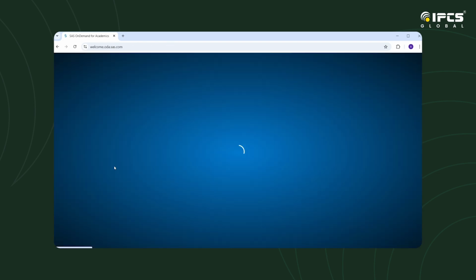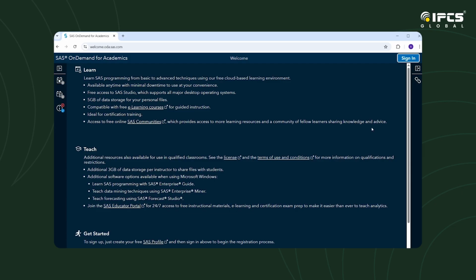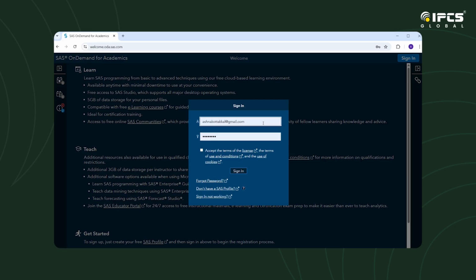Click on the access button and sign in or register for a free account. Make sure you are using Google Chrome or Mozilla Firefox for the best experience. Click on the sign in button. If you already have a SAS profile, simply enter your credentials and sign in. If you are new, click don't have a SAS profile